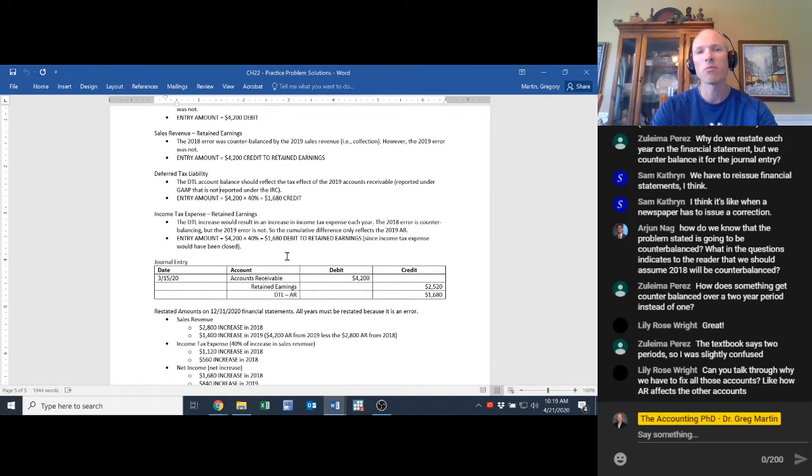The thing that makes this problem more complicated is that we're not ignoring tax effects. And since there's an effect on income, there is an effect on income tax. Also, because under the Internal Revenue Code we don't record receivables until they're collected, there's an additional problem in that we have a deferred tax liability associated with this as well. And so part of the challenge, if you're not ignoring tax effects, is you have to always be thinking: is there a deferred tax liability or deferred tax asset associated with this error? And if there is, what correction do I need to make to that account?